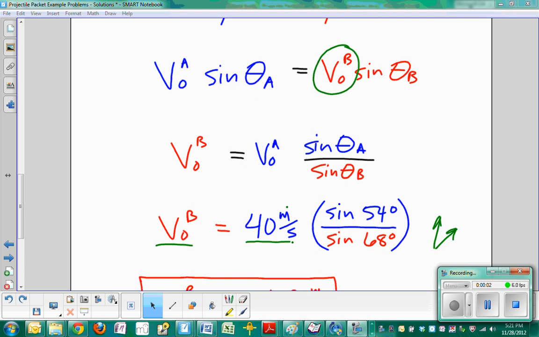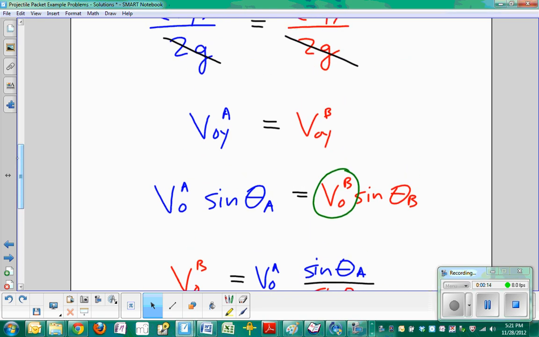All right, so here we have example problem 2b. It's the second half of example problem 2. What I wanted to point out to you, and this question asks, if cannonball A and cannonball B are fired at the same instant, which one reaches its maximum height first? If you need to go back and look at it, go ahead, but I want to start